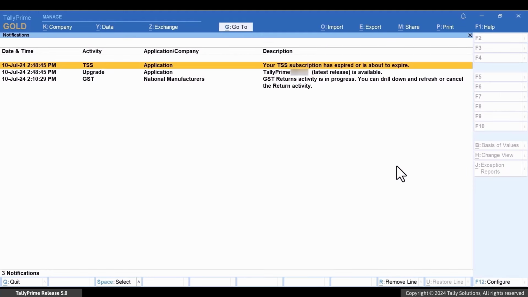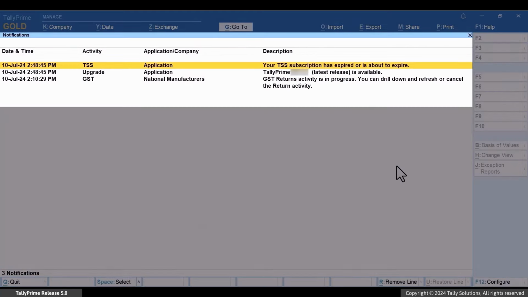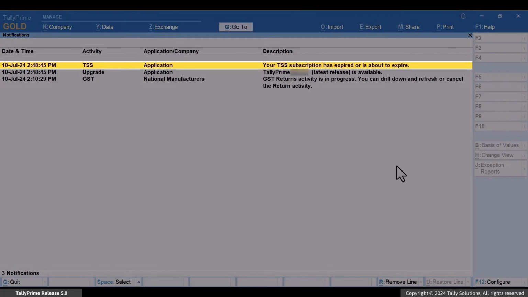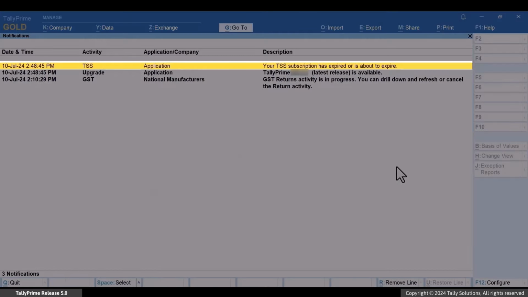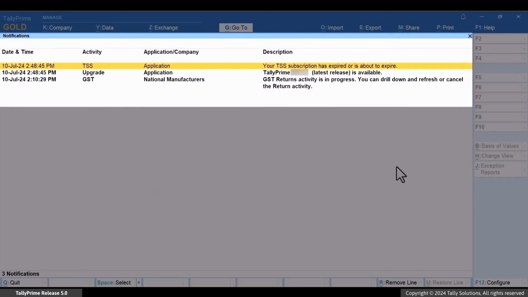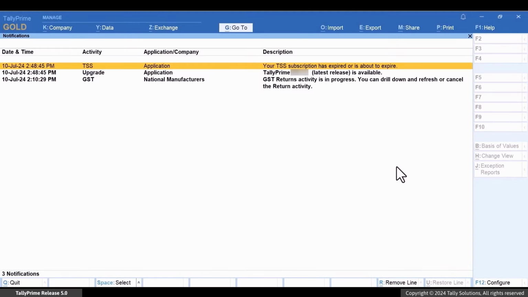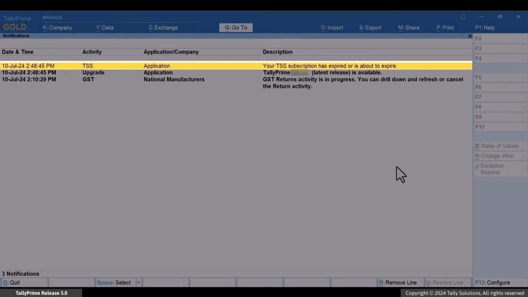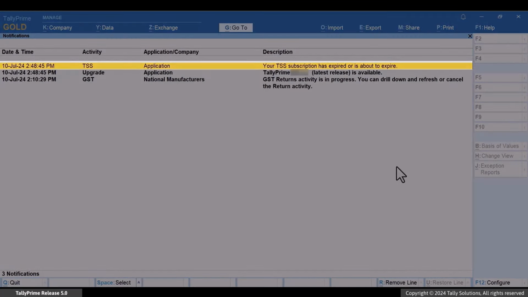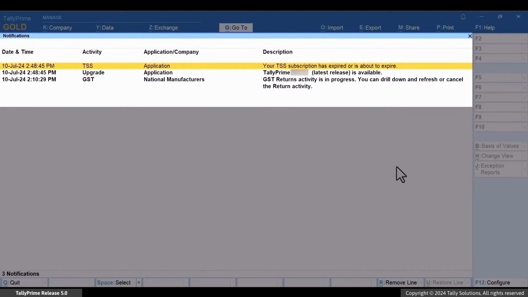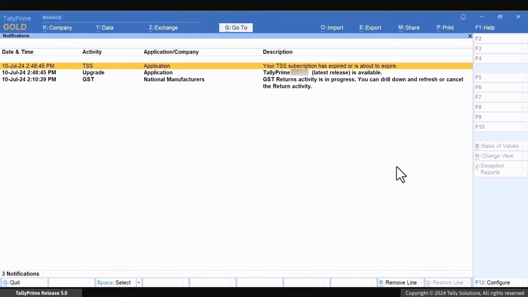Once the activity is completed, the notification disappears from the notifications report. If you open a notification but don't proceed with the associated activity, the notification remains visible in the notifications report. However, the notification appears in normal text and not bold as it is considered open and read. It remains in the notifications report until you perform the required activity.